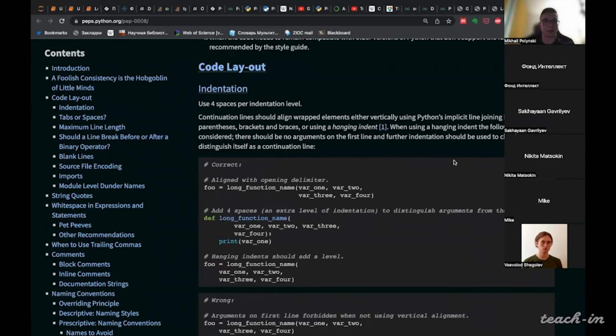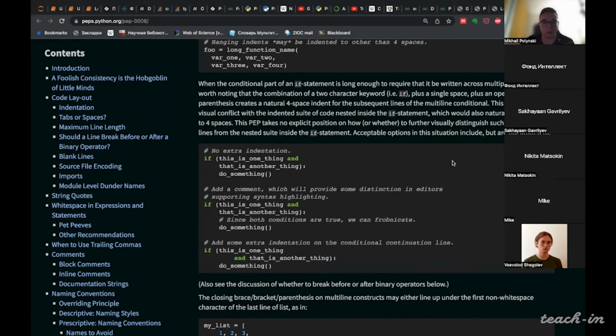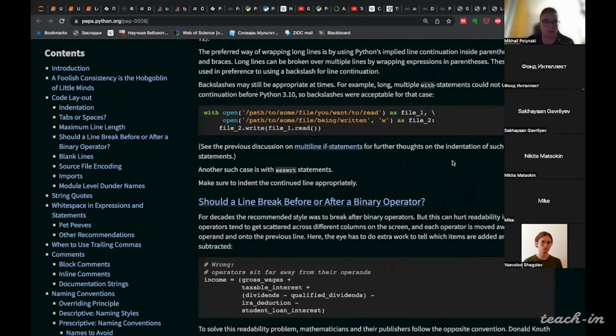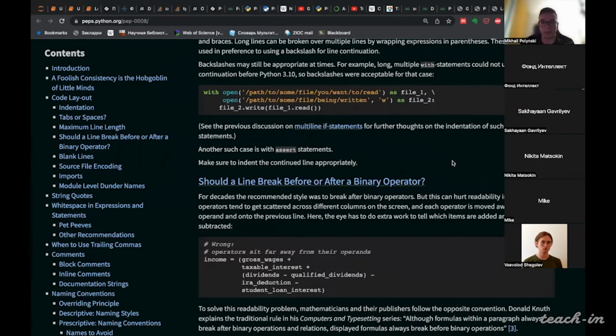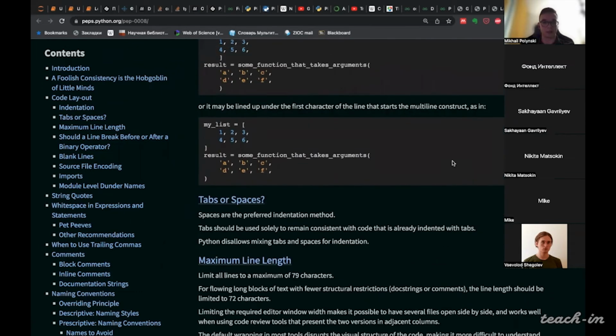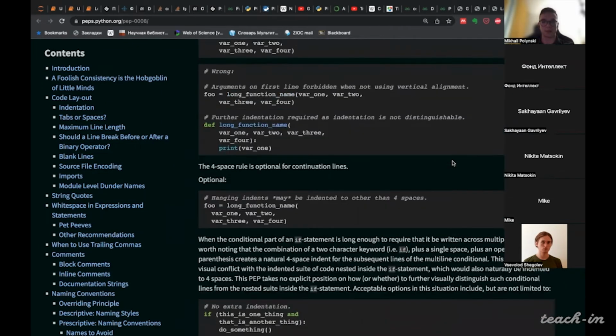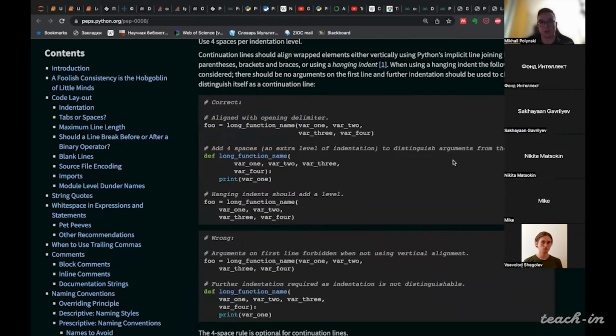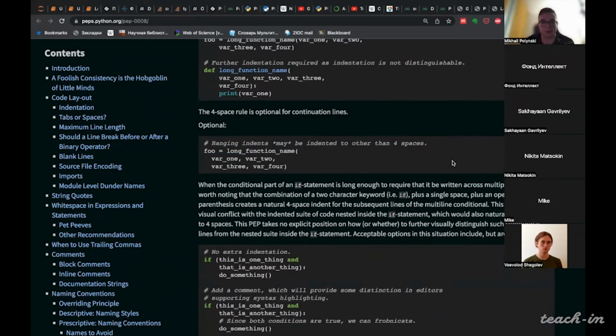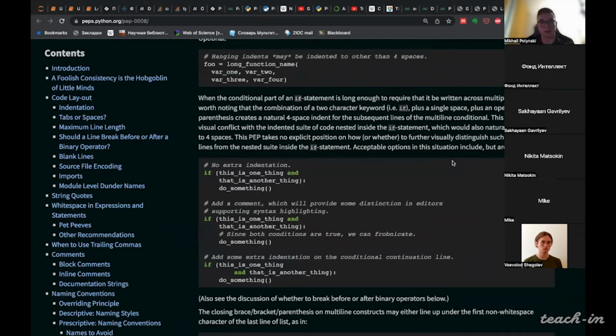And if you scroll and analyze PEP 8, you will see that it considers mostly suggestions that simplify, that enhance code readability.